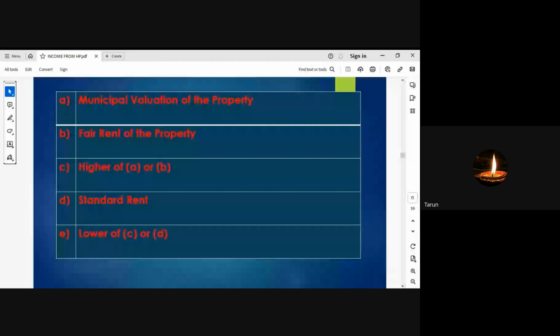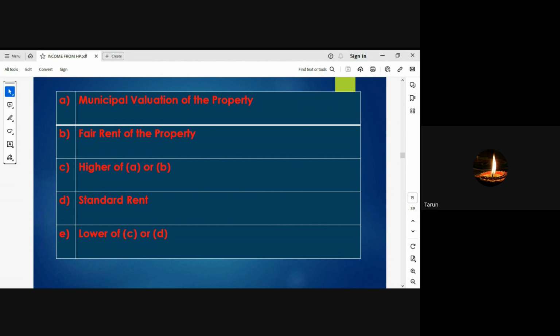The higher of municipal value and fair rent is the expected rent. When you get the expected rent, you compare it with the standard rent and consider the lower value. For example, if the expected rent is 1 lakh and the standard rent is 2 lakh,